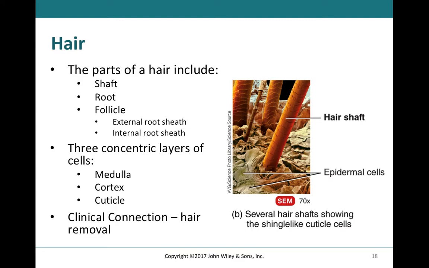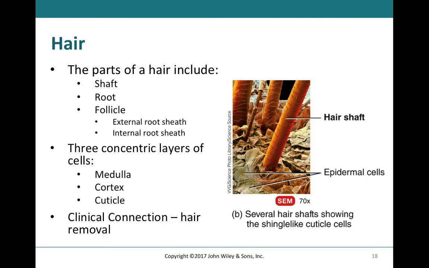You have 3 concentric layers of cells that are going to go along that entire root and shaft, and those are going to be the medulla, the cortex, and the cuticle. The medulla could possibly be lacking if the hair is thin, and it generally has 2 to 3 rows of irregularly shaped cells that contain large amounts of pigment granules. The cortex is going to form the major part of the shaft and be the elongated cells. And then the cuticle will be the outermost layer, and it's a single layer of thin, flat cells that are